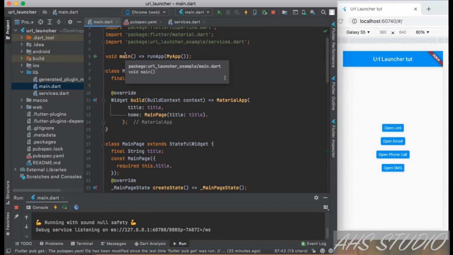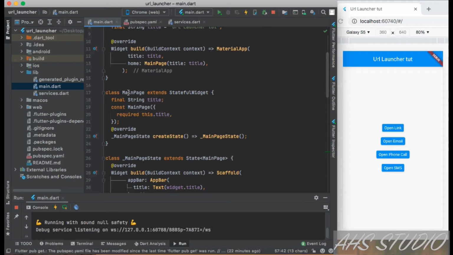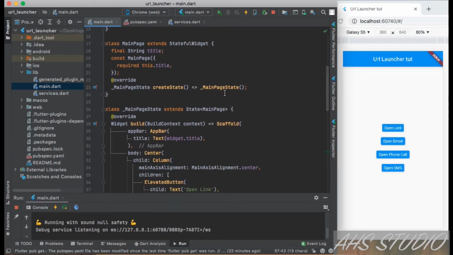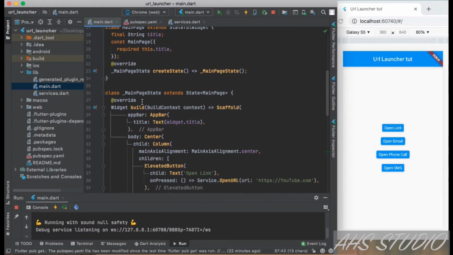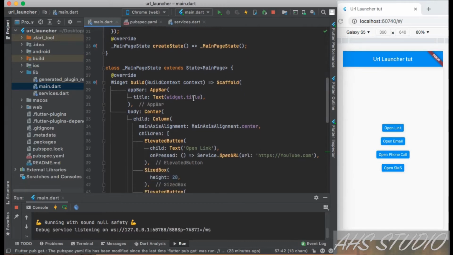As usual, we have our main method. It has a stateless widget which has the title, and also its build method, MaterialApp, and it has the title. At the home it has the main page. The main page, as you can see, is a class that extends StatefulWidget, and it has the string title, and it returns the main state class, which is MainPageState here. Inside this, we have our build method, which has the Scaffold as usual, and inside the AppBar we have the title, which is coming from the main page, and also we have the body. Inside the body, we have a Center widget,